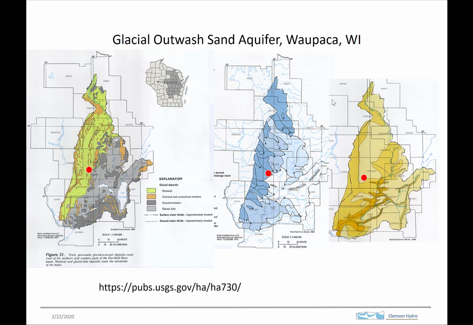In this video, I want to show you how to set up a groundwater model of a glacial outwash sand aquifer. And for this model, we're going to take an example from a glacial outwash in Wisconsin. In particular, we're going to look near the town of Waupaca, Wisconsin, which is shown here in the red